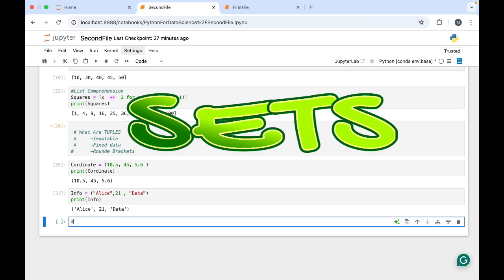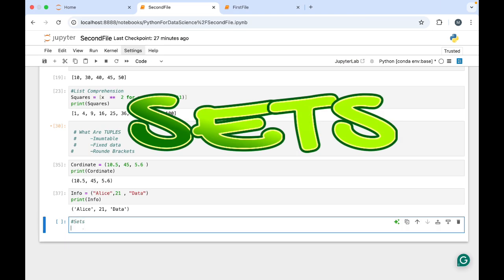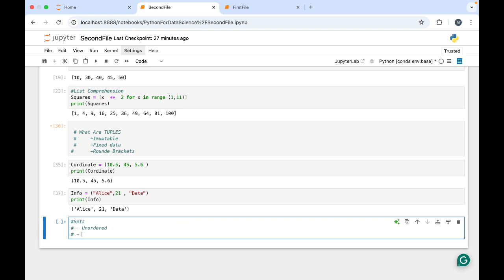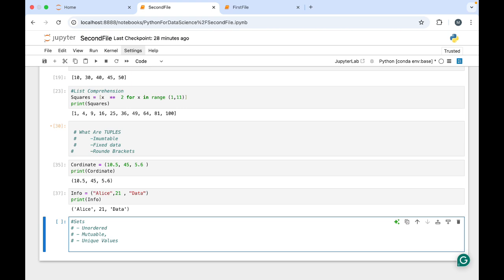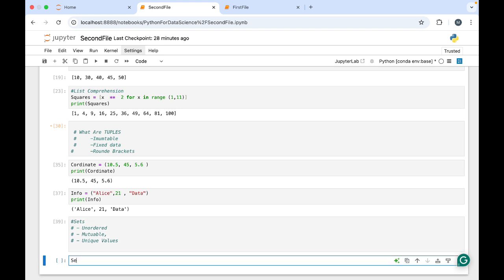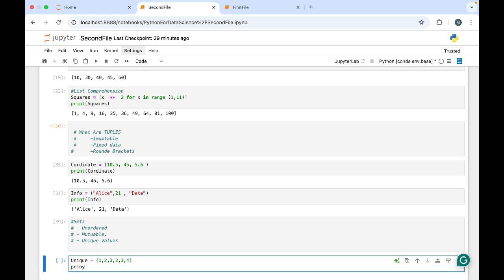Now let's learn about sets. Sets are an unordered collection of unique items, great for filtering out duplicates. Why is it unordered? Unordered means the order of the items is not fixed. Let's create one set and then you can see the example. I'll take this as, oh sorry, we should not take name, it is not a good practice. Now here I have created a set. Now if I print this set,